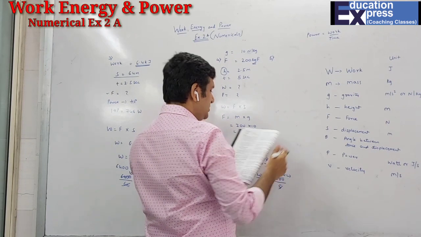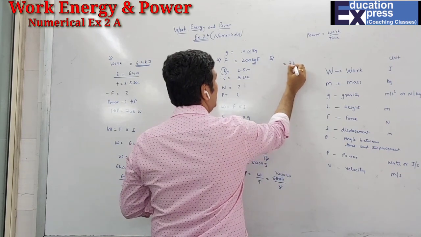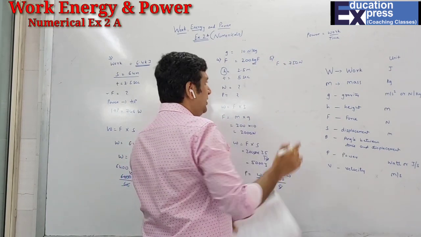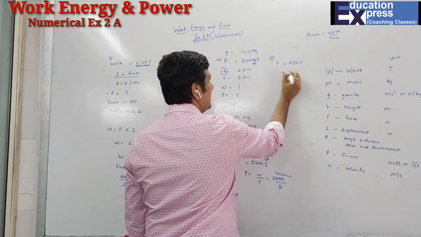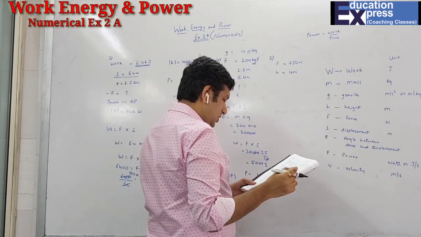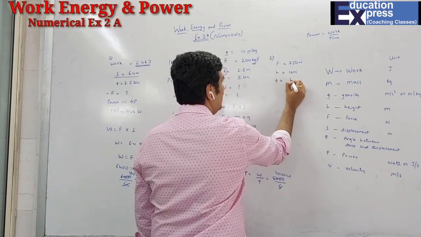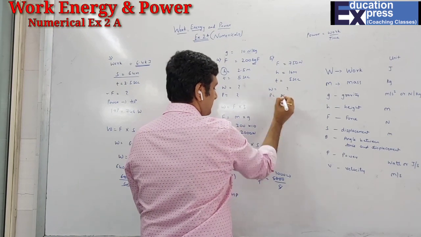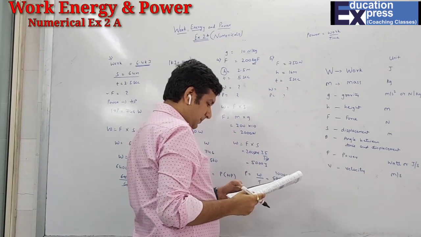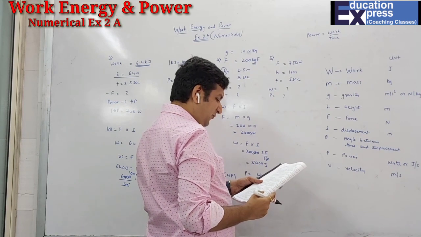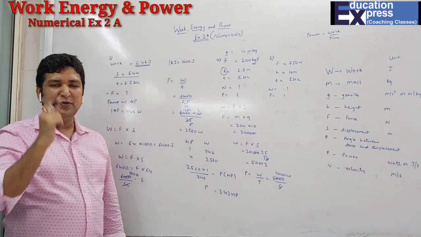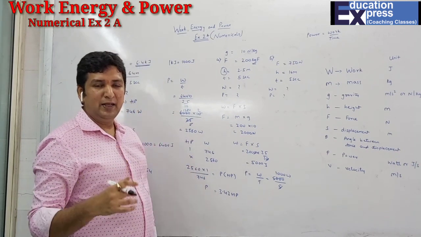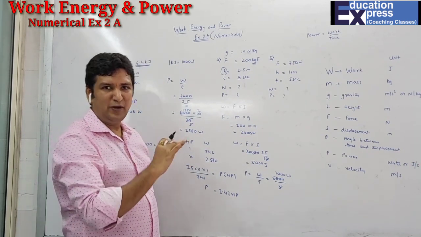A machine raises a load of 750 Newton. Again, students, the Newton is the unit for force. A height of 60 meter in 5 seconds. Now over here, again the same thing. We have to find the work and the power. If it is 100% efficient, that means this is the information they have provided, that the machine is working at 100% efficiency, that means you will find normal power only.